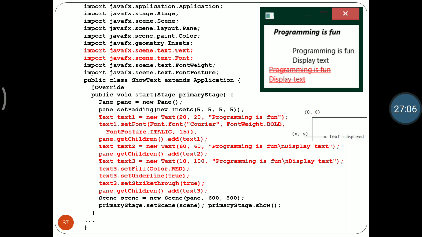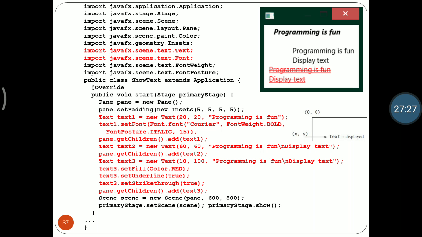Our second text is Programming is fun and display text. We have set 60, 60, meaning x value is 60 and y value is 60. Our next text 3 is Programming is fun, display text.